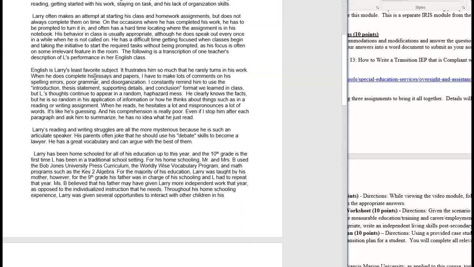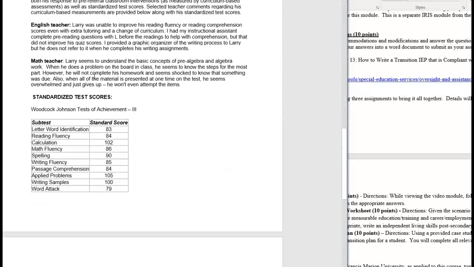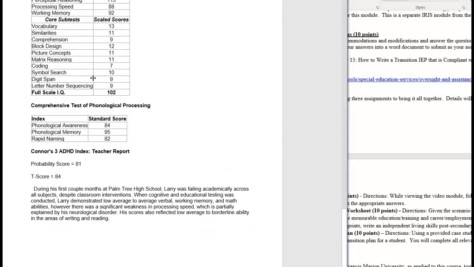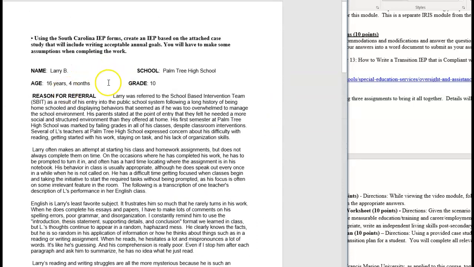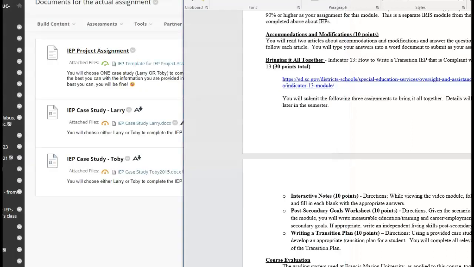So you can read all about Larry. It gives you some scores, tells you what's going on, and why he was referred. So if you're interested in working with older students, Larry might be a good one for you. And if you are interested in Toby, you could look,